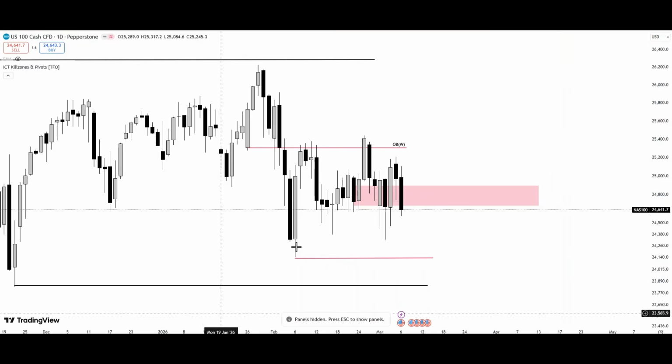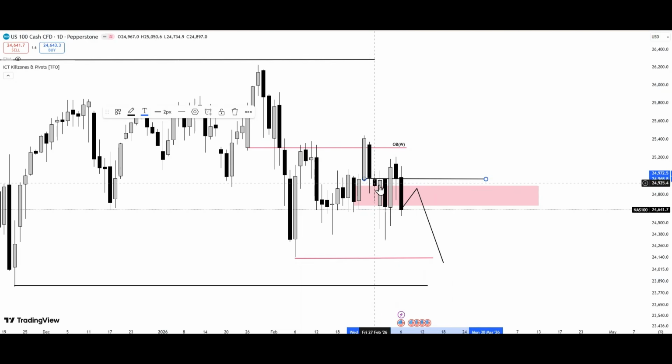So on the daily time frame, you can see the same thing. It's more clear. This is the weekly gap that we could see on the weekly time frame. So it would be nice if price comes for this before we continue with that bearish momentum. And you can see here, of course, this is an order block which got tagged last week, and then so far we have this price action.